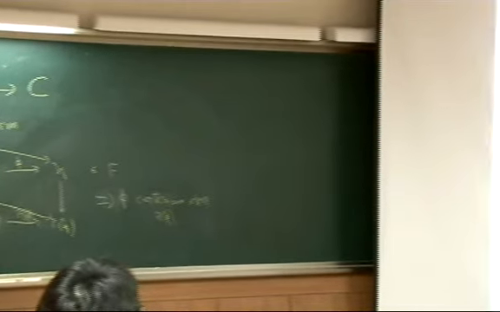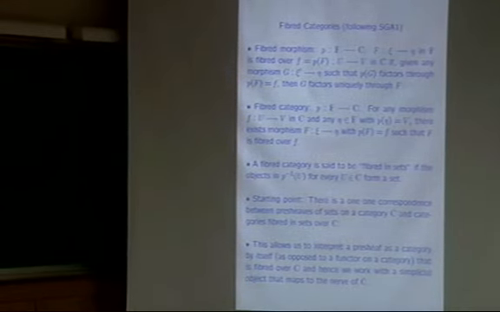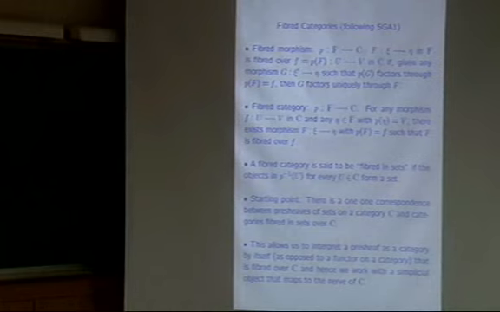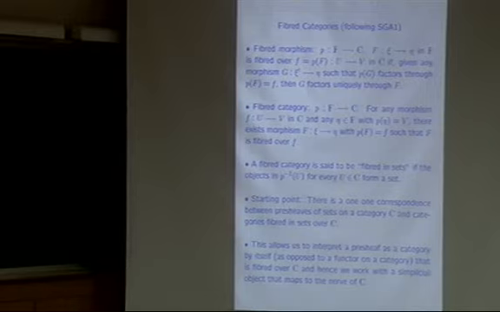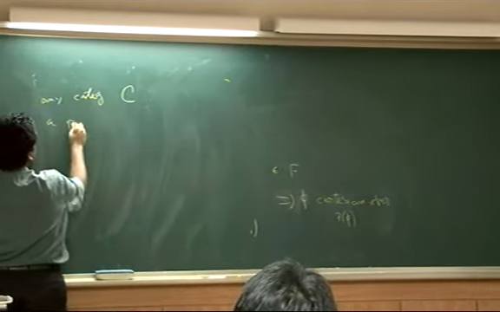But now there is a starting point. There is a one-to-one correspondence between presheaves of sets on a category and the categories fibered in sets over C. There is actually a one-to-one correspondence. The one-to-one correspondence is actually very easy to form. So suppose I have any category C, and a presheaf